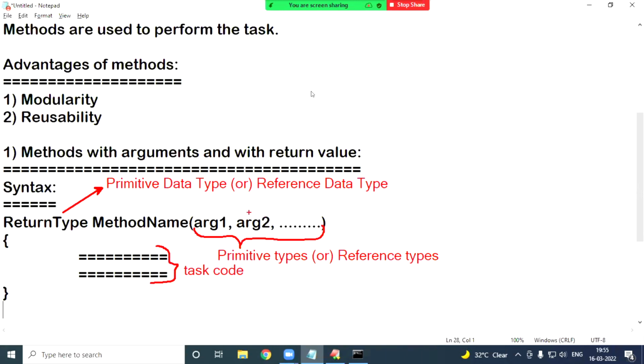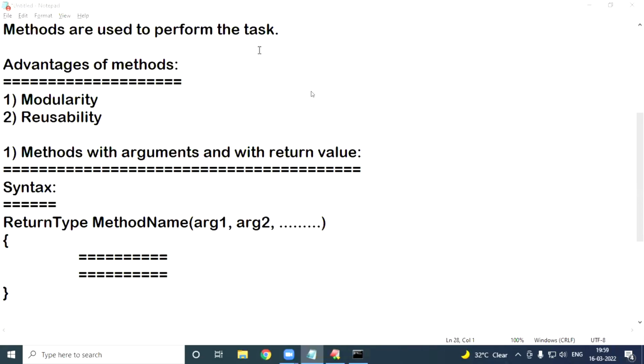Now here, according to our task, if primitive is required, you have to select primitive. If reference is required, you have to select reference. And after that, whichever type of result comes, that type you have to mention. Now you see, for example,